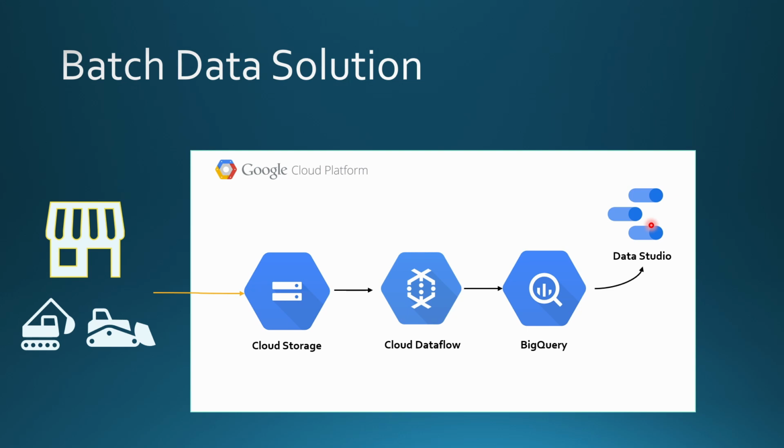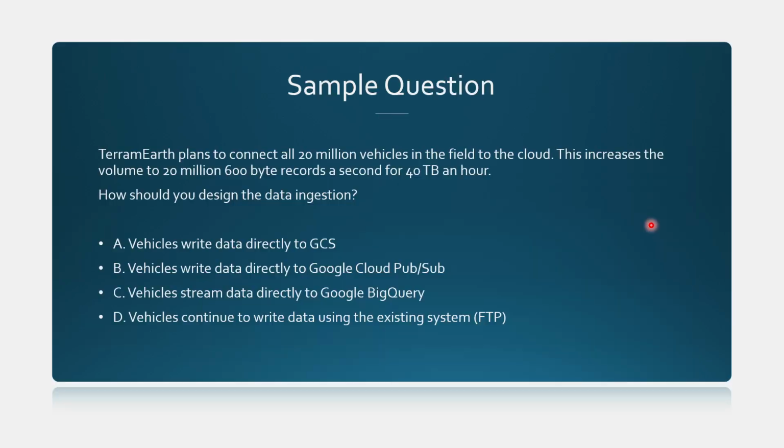If you look at it, there was a section where the company wants to give a lot of information about the customers to the dealers. If you see any question on that, you would highly recommend using a very simple PaaS-based solution like App Engine. They can create APIs in App Engine and give those APIs to the dealers, who can use them to get a lot of information about the customers. This is a sample question.